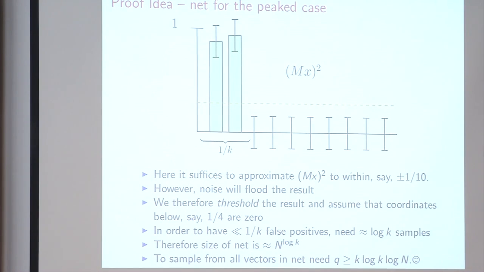So where does the other log k come from? Remember, the result we have is k log squared k log n. Well, the other log k, unfortunately, comes because there are cases in between these two cases. And the hard case, and